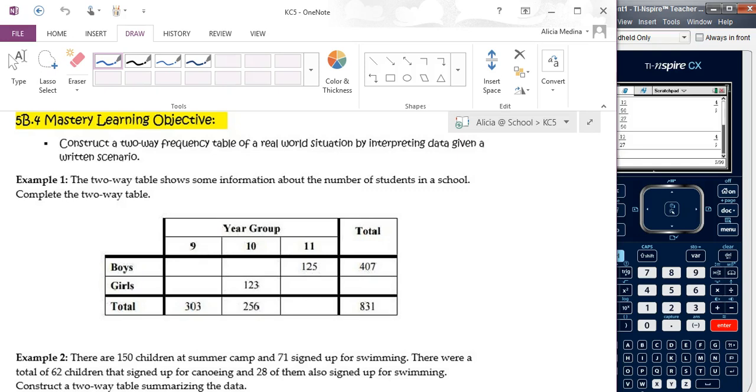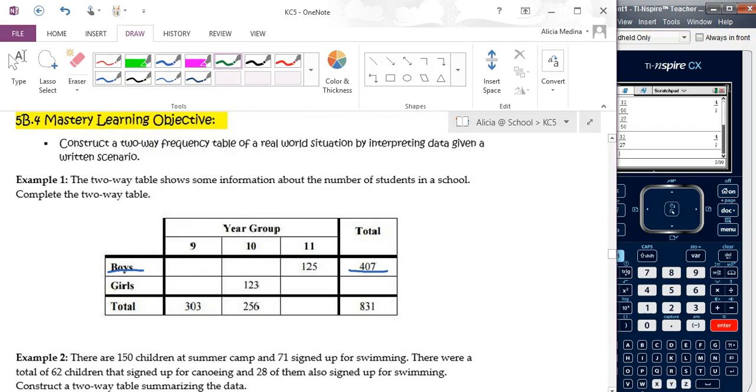So what we're going to have to do here is work backwards. I'm going to start looking at the total of my boys. I see that I have a total of 407. Well, I don't know how many freshmen or how many sophomores there are, so I can't fill in those two yet. Some things that we can fill in is, let's look at